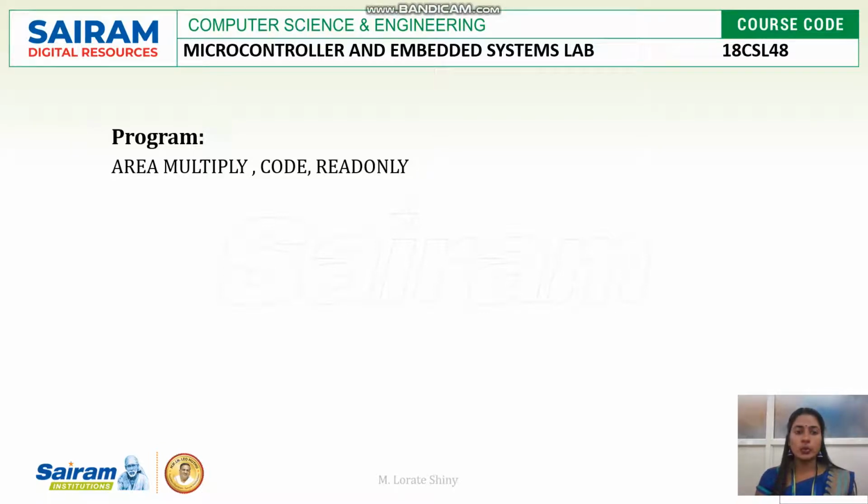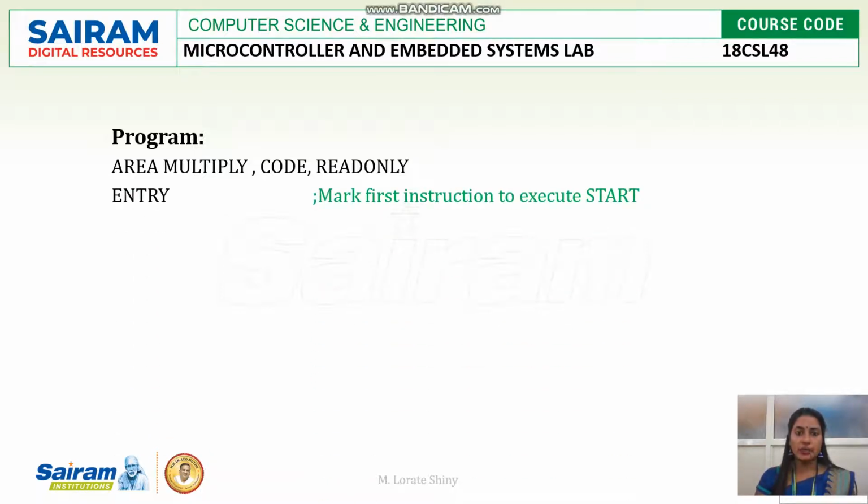After that we have to specify the type of memory, whether it is code memory, data memory or stack memory. There are three types of memory. So this is a program, and all the program codes will be saved in code memory. After the section name we write the type of memory; here it is code memory. After that we have to specify whether the code memory is read only or read write. Code memory is always read only. So this will be the first line for all the programs.